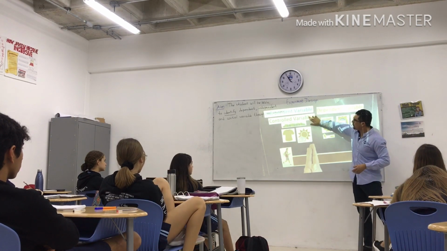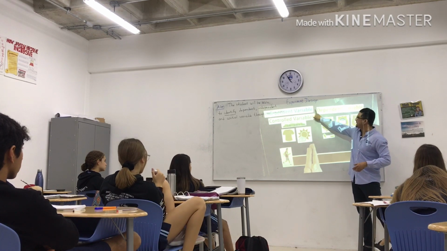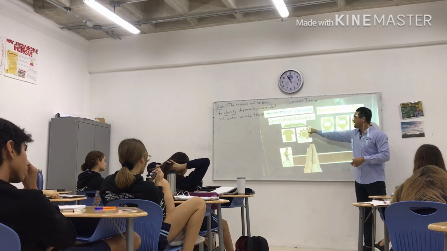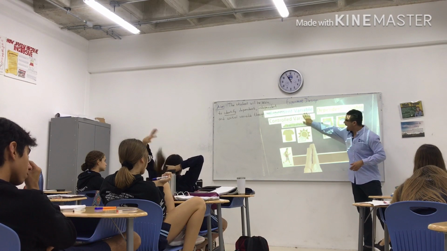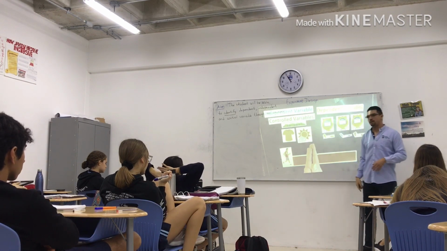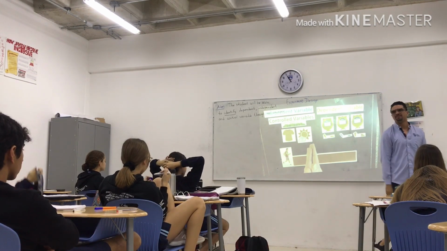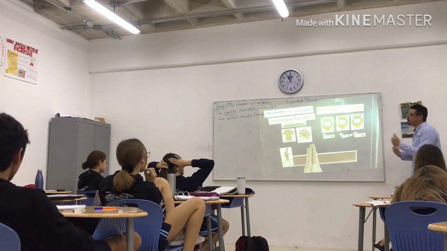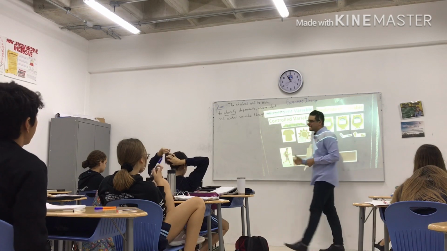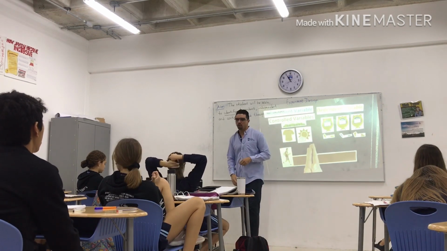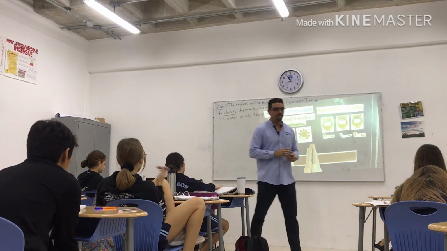The independent and control variables affect directly the dependent one, and the control variables have to do with this one. In other words, they also affect the dependent one. Is it clear? We are going to develop some experiments in the next classes that you will be able to understand more. Okay, so